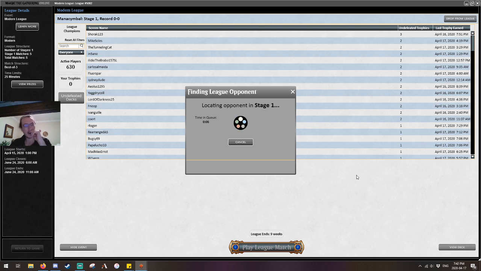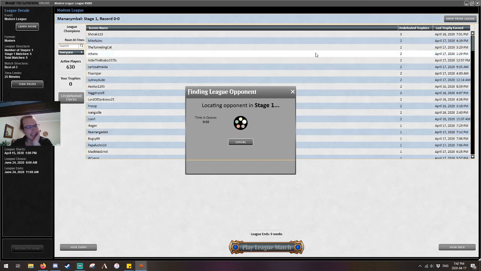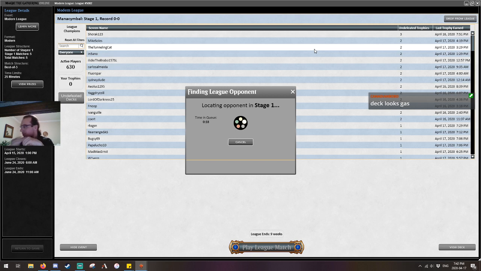Shorak, already way up there on the trophy board. Same with Tunneling Cat and Insano. And we get to see some other new names up here for now. We'll see if we can join them in a moment. Deck looks gas. Yeah, it should be fun. Fun on a bun, baby. And then hopefully after this we will be finished early enough